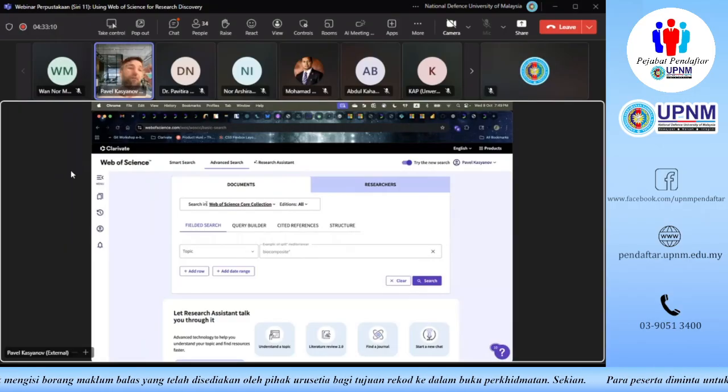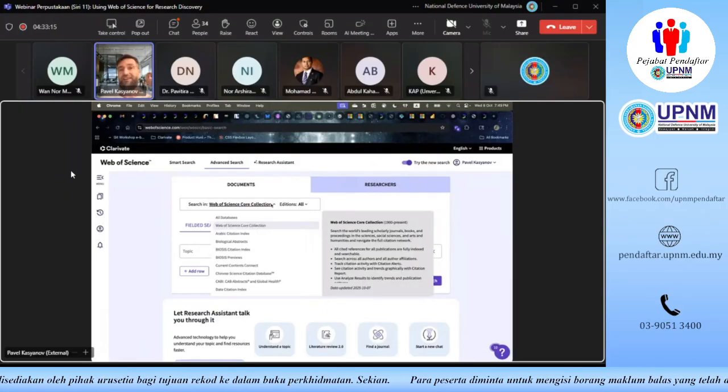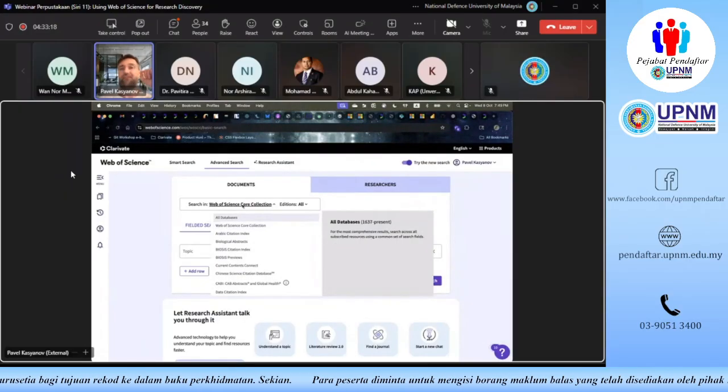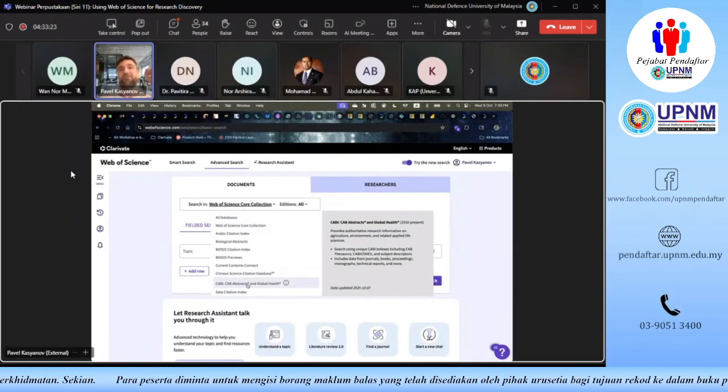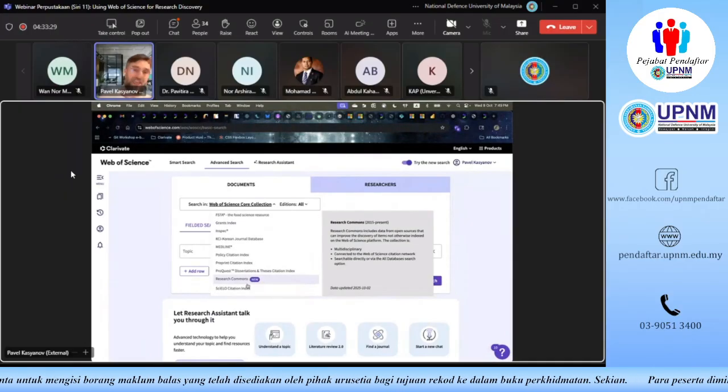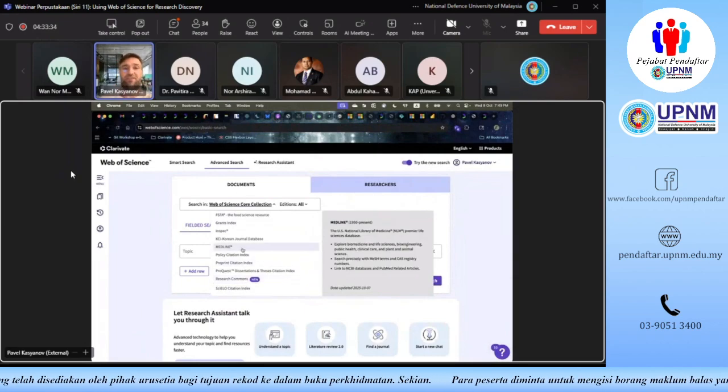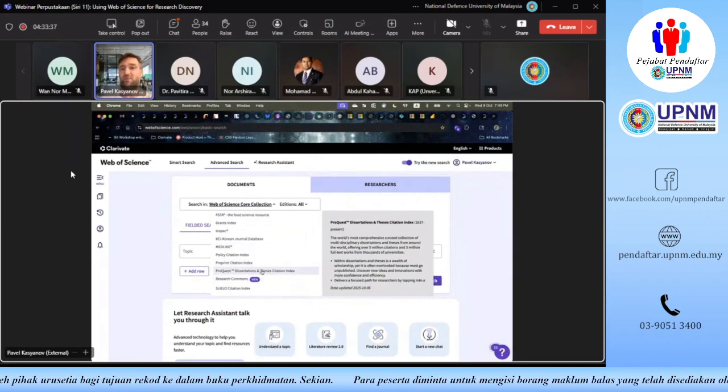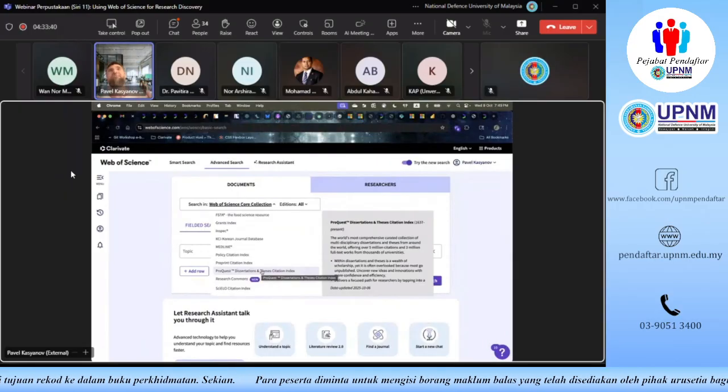So it is a default database, but if you click this area in your access, you're going to see that there might be other databases which you can search on the Web of Science platform. So you might as well not have all of this list because it exists in my internal Clarivate access. But what you're definitely going to have is maybe things like preprint citation index, ProQuest dissertation and thesis citation index. So those are slightly different databases which we either give you for free in your subscription, or maybe the library subscribe to them for an extra cost.